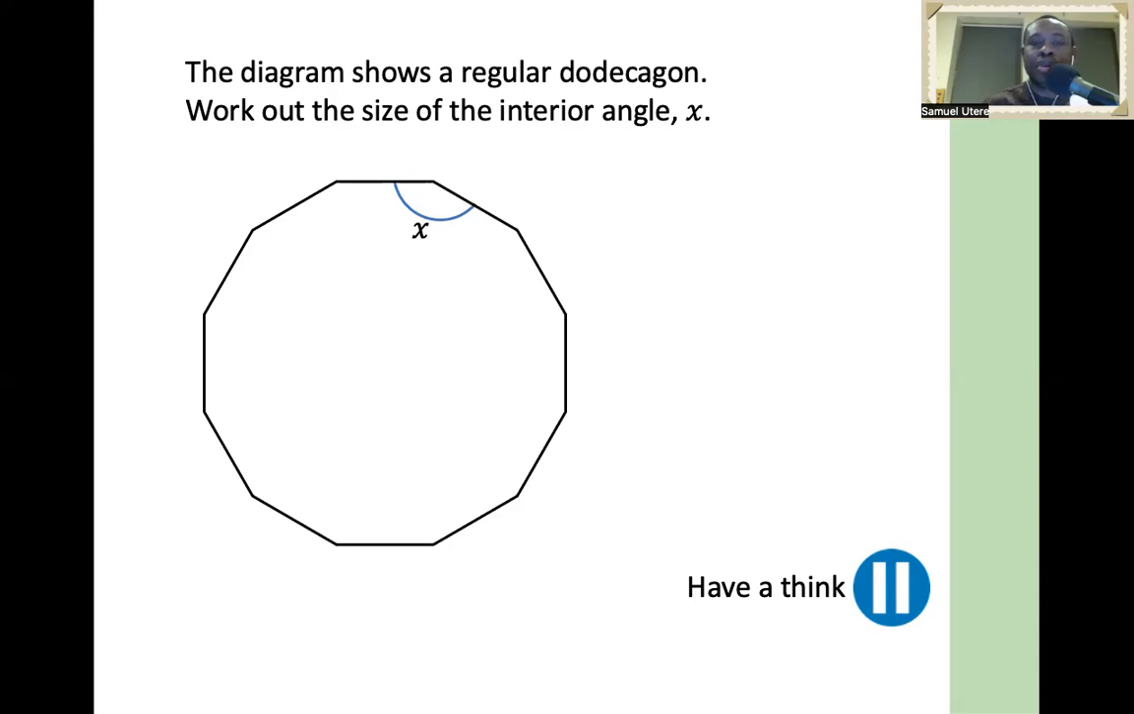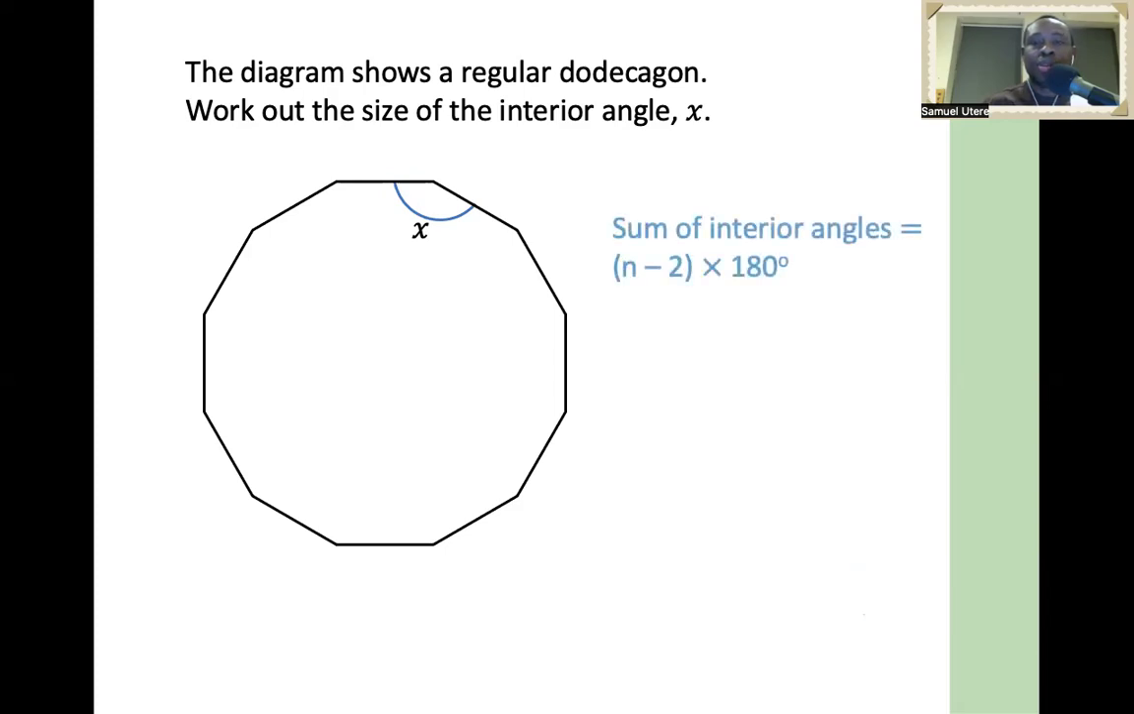Pause the video and try this. Well, I'm sure you would have got this. So the sum of the interior angles will be the number of sides, subtract 2, times 180 degrees. And that will give us